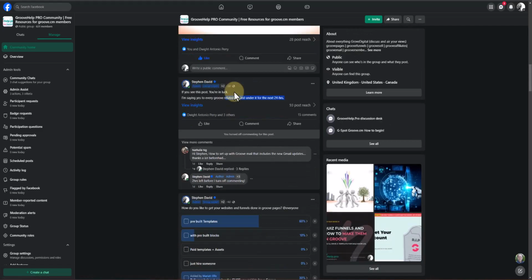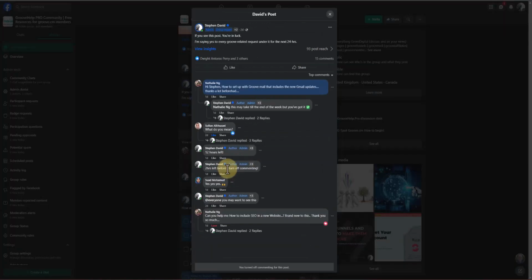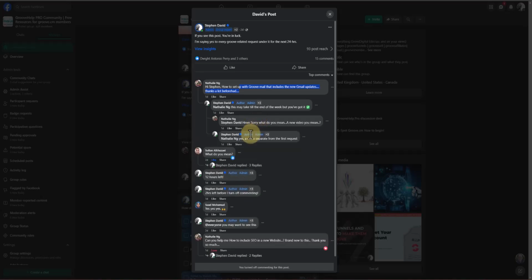So I made a post recently, 2 days ago, saying if you see this post, you're in luck. So I'm saying yes to group related requests under it for the next 24 hours. And then I got this from Natalie NG. She posted a request for how to set up GrooveMail that includes the new GrooveMail updates. Thanks a lot beforehand. And also she posted